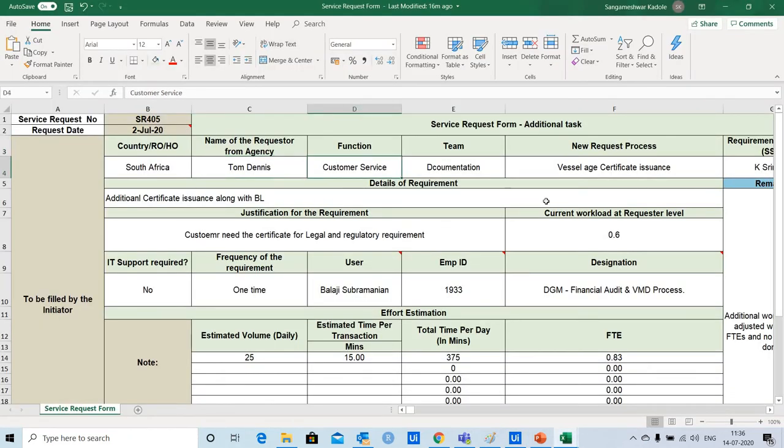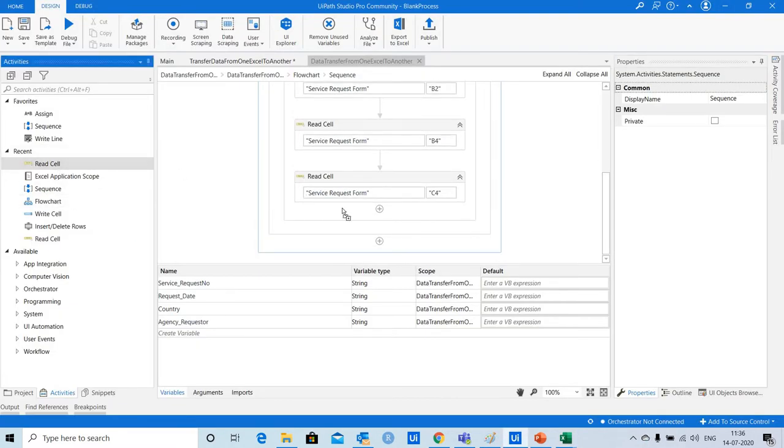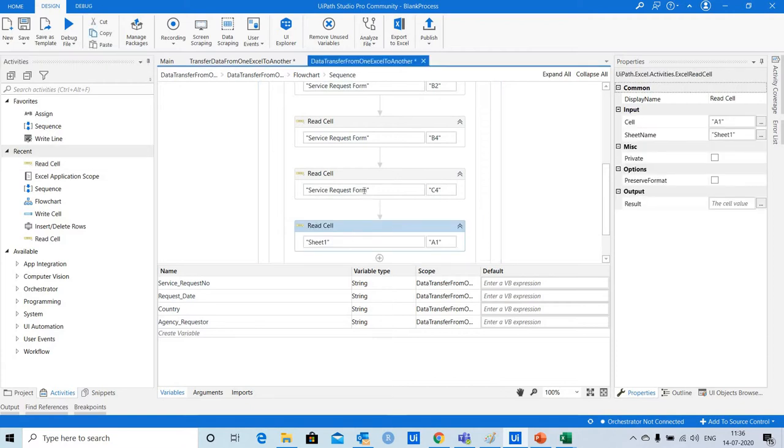Next I am going to capture function name from cell D4. So again I am going to use read cell activity. Sheet name is same and the cell is D4.